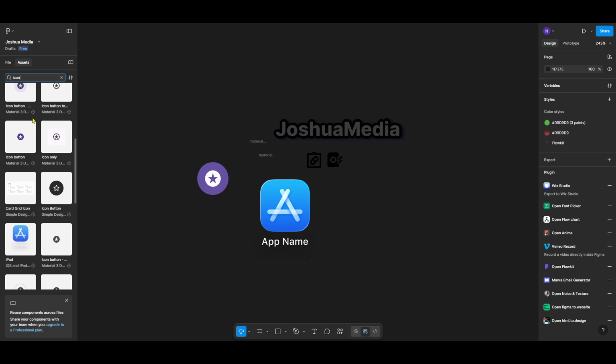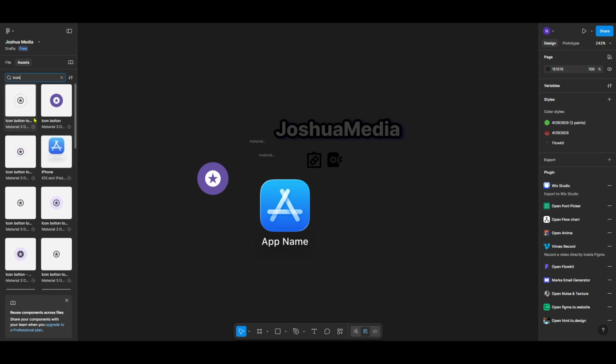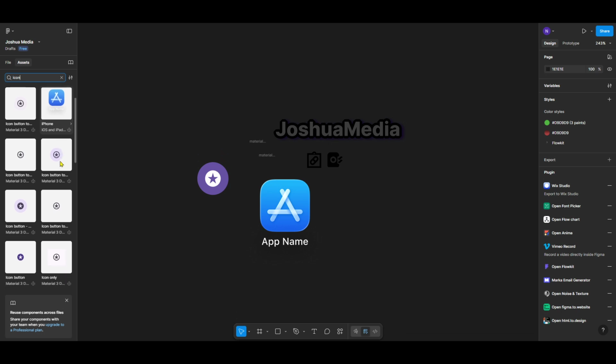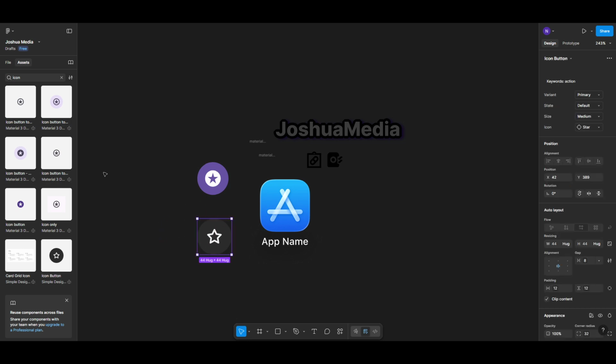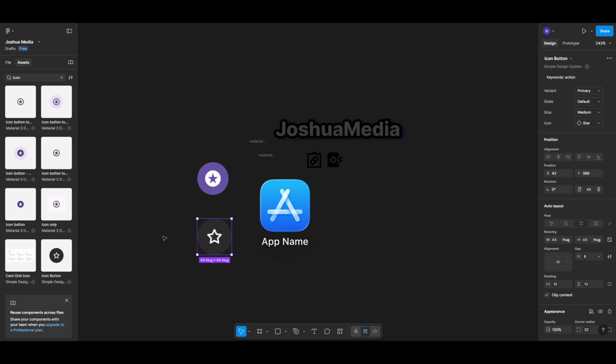Next, you'll want to search for an icon. Icons can be incredibly useful in guiding users, representing actions, or simply adding a visual punch to your design. In the search bar located within the Assets panel, type the name of the icon you're looking for, whether it's a magnifying glass for search, a heart for favorites, or any other symbol. The search function is there to help you quickly find what you need.